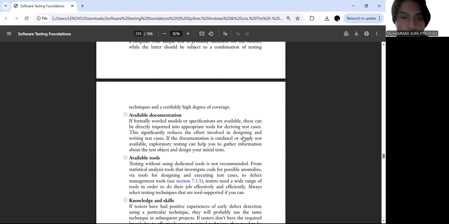If formally worded models or specifications are available, they can be directly imported into the appropriate tools for deriving test cases. This significantly reduces the effort involved in designing and writing test cases. If the documentation is outdated or simply not available, exploratory testing can help you to gather